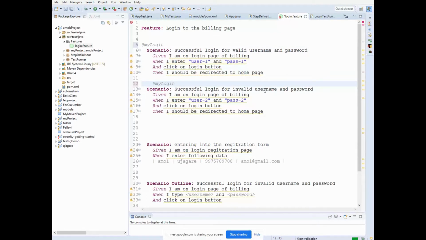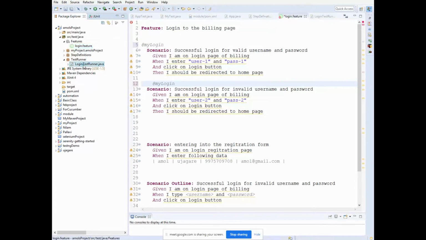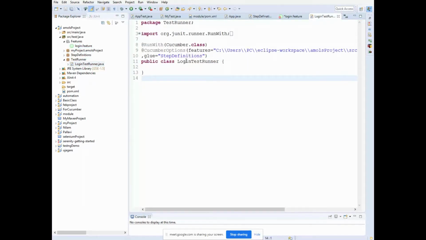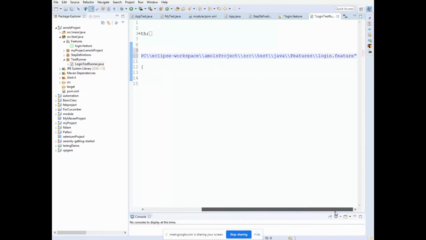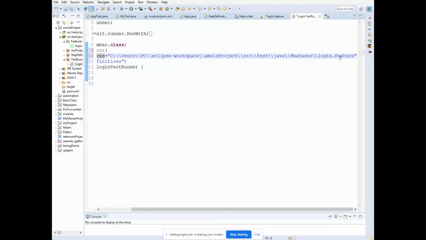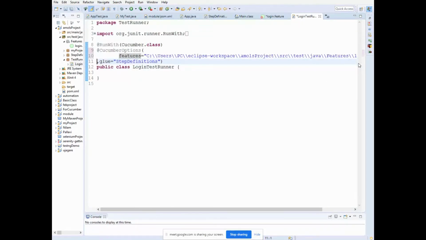So in the test runner, inside these Cucumber options, I'll keep everything on a new line so that it will look better. Glue, and the next one is tags.